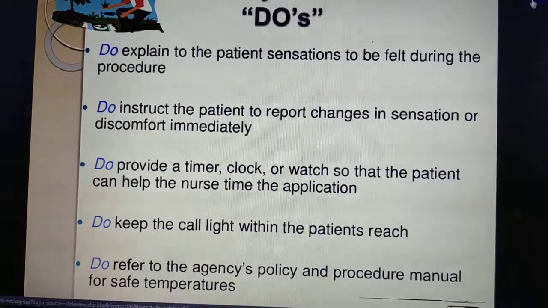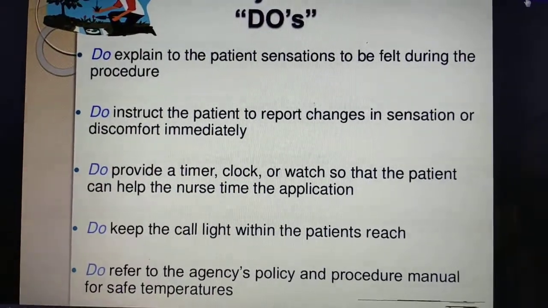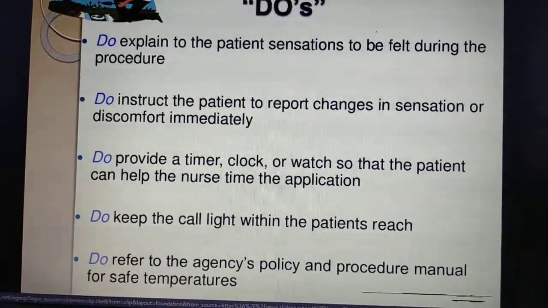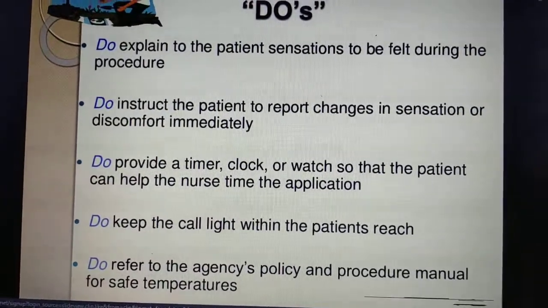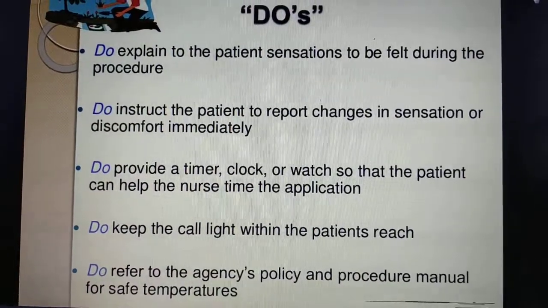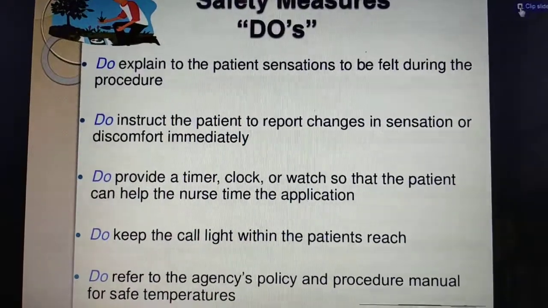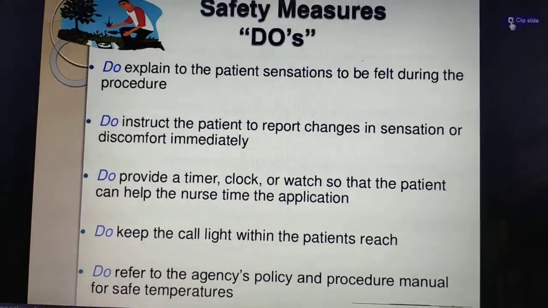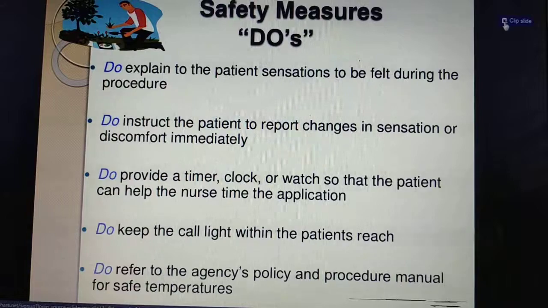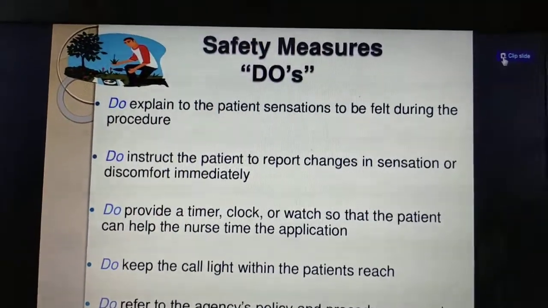Do refer to the agency's policies and procedure manual for safe temperature. Some hospitals give you instructions and modules on the procedure and the principles to follow for each procedure. So we can also act according to the hospital policy, but these are the basic things we have to keep in mind. Next we'll see